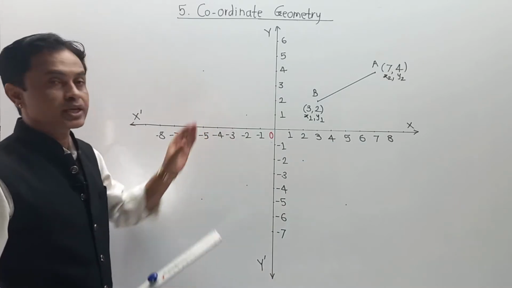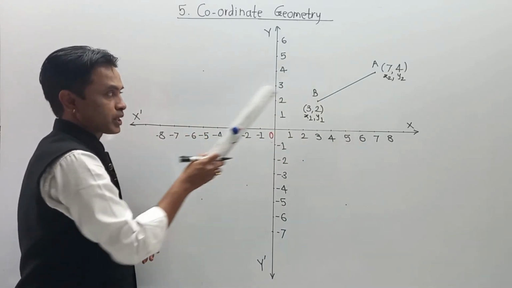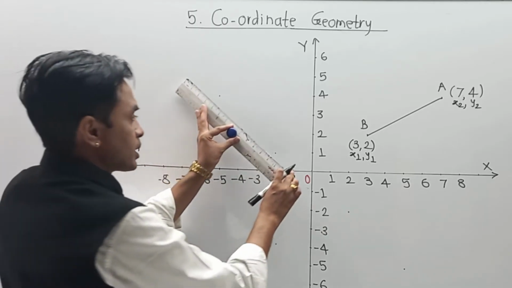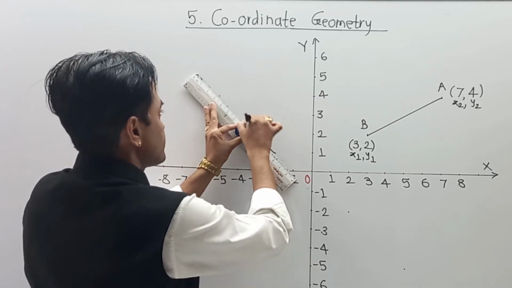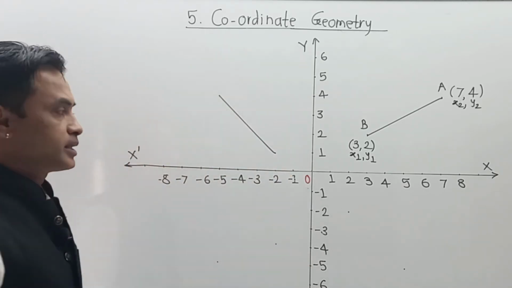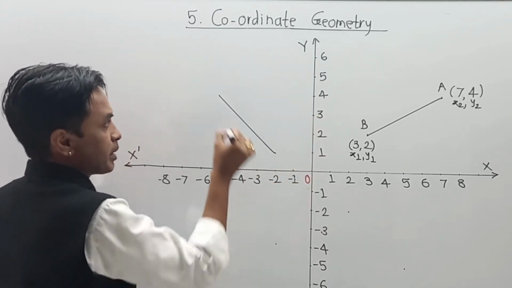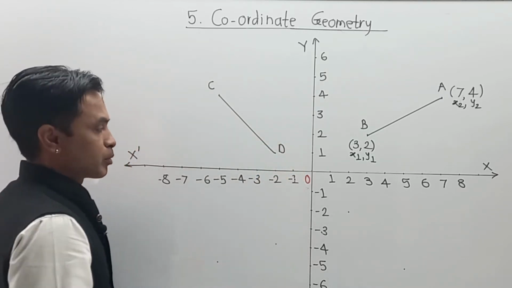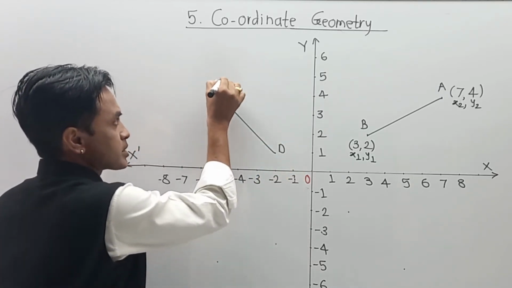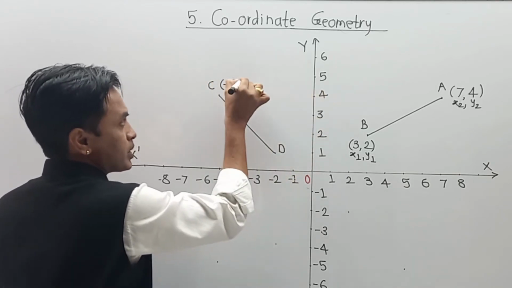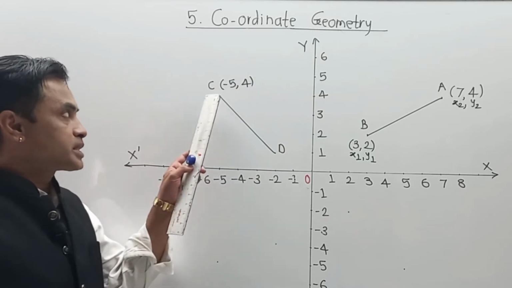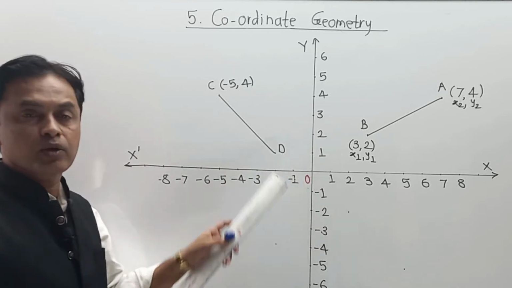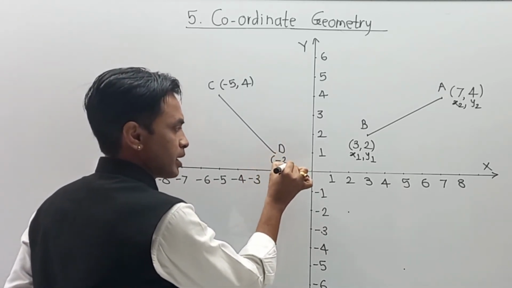Now the same part we can understand from another quadrant. It is your first quadrant, it is your second quadrant, it is your third quadrant and fourth quadrant. So in case of the second quadrant, again I am going to draw one segment over here. Let us say after segment AB, I am going to call this segment as segment CD. Again, just for proper understanding, I am going to highlight its points. The value of x is minus 5 and the value of y is 4. So naturally, your point C has coordinate (minus 5, 4). And here D has x coordinate as minus 2 and y coordinate as 1. So I am going to write it as (minus 2, 1).